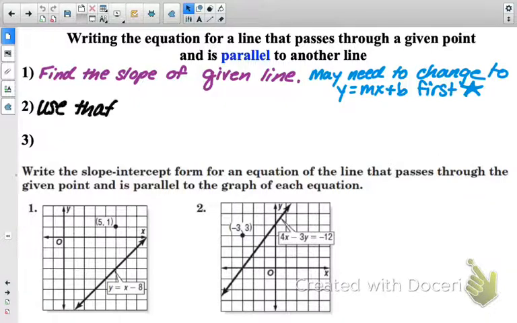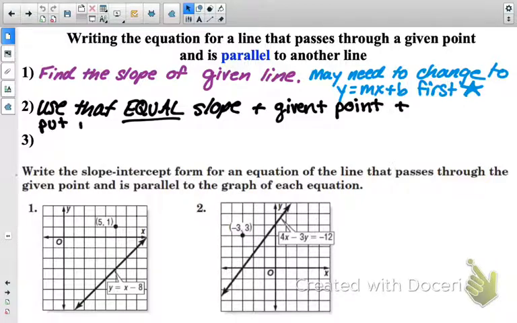All right, number 2, use that equal slope and given point, put it in point slope form. Again, parallel lines have the same slope. So whatever line they give us, our new line is going to have that same slope. And because we're given a point, we have to do point slope form first because we might not always be